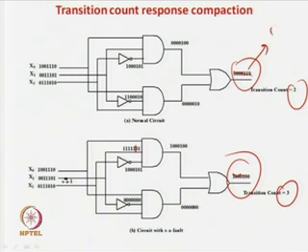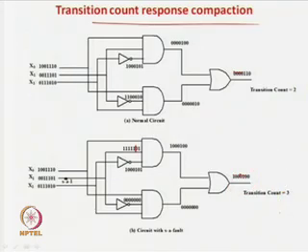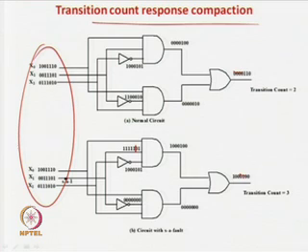But if you look at the number of ones, it is 2 over here, and in this case it is 2 over here. So, for this circuit and this fault, counting ones has an aliasing effect, whereas the number of transitions, or the transition count response compaction, does not have an aliasing effect. So, that is what I told you: depending on the circuit, the faults, and the compaction technique, there can be different aliasing effects. Therefore, you know what patterns will be generated,